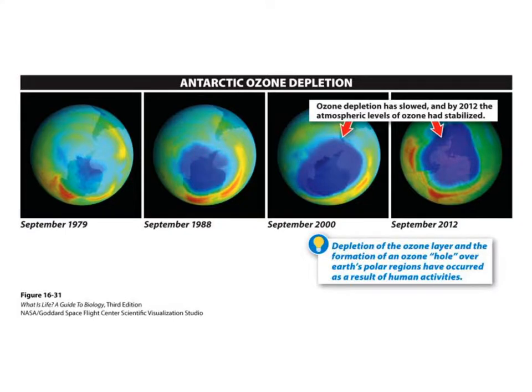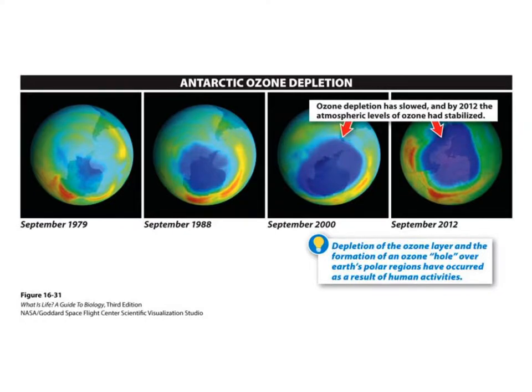However, in the early 2000s, we had a push to eliminate CFCs and decrease the number of CFCs in production. Because of this, we have seen that ozone depletion has slowed, and in 2012, it's seen that the hole has stabilized and is not getting any larger. This is an example of how policymakers and scientists have worked together to stop increased depletion of the ozone layer